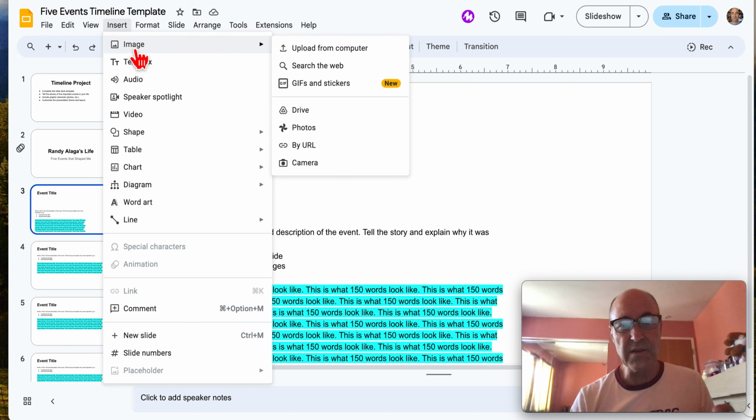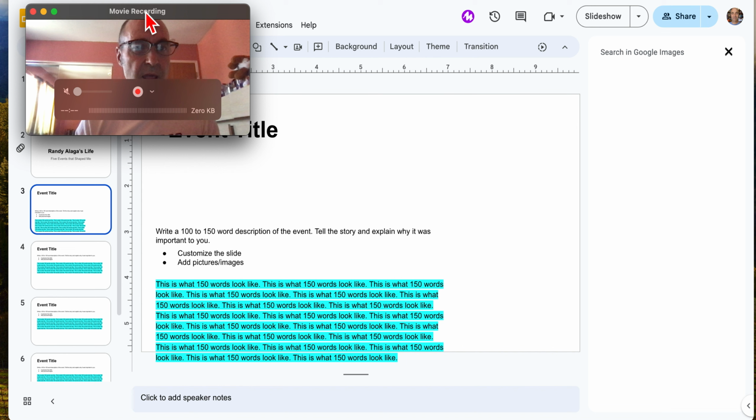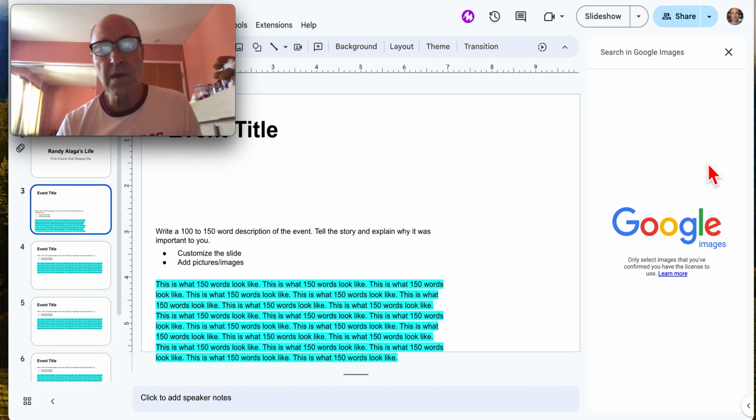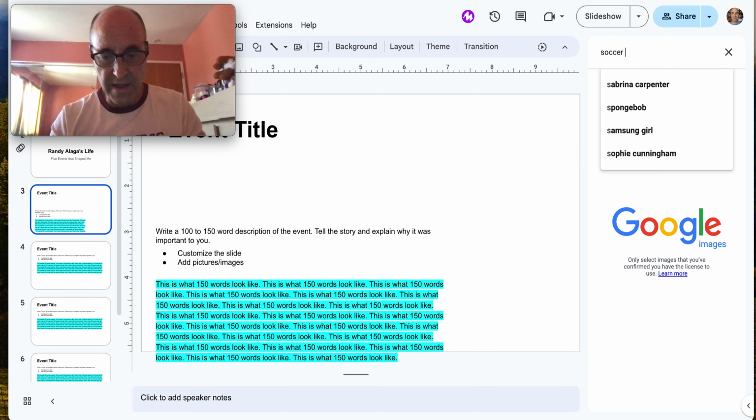And it's going to ask you, do you want to upload it from your computer, search the web, find it in any of your other things. So we can simply search the web, click on it, it'll open a box over here on the side. Let me move myself up here. And we can click up here in the search. So say you wrote about the first time you were in a soccer game. So I could go soccer match,